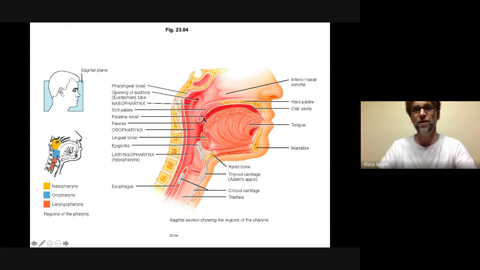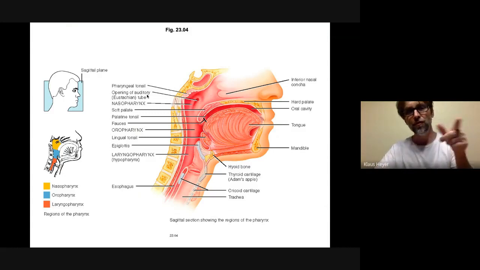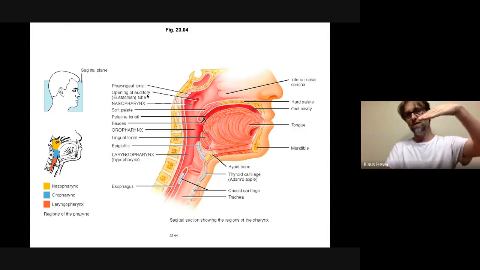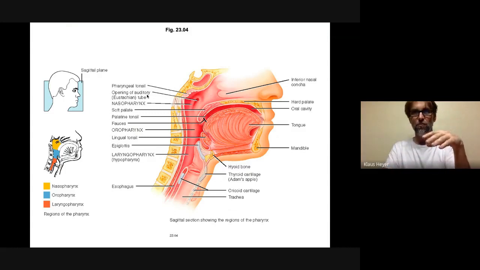Right, so you can kind of see where it is here. So the nasopharynx is up here. There's that hole right there, and if you follow that, it leads to the eustachian tube or the auditory tube that is connected to your ear. This tube in us, between the nasopharynx and the ear, is kind of slanted up. But in kids, it's more